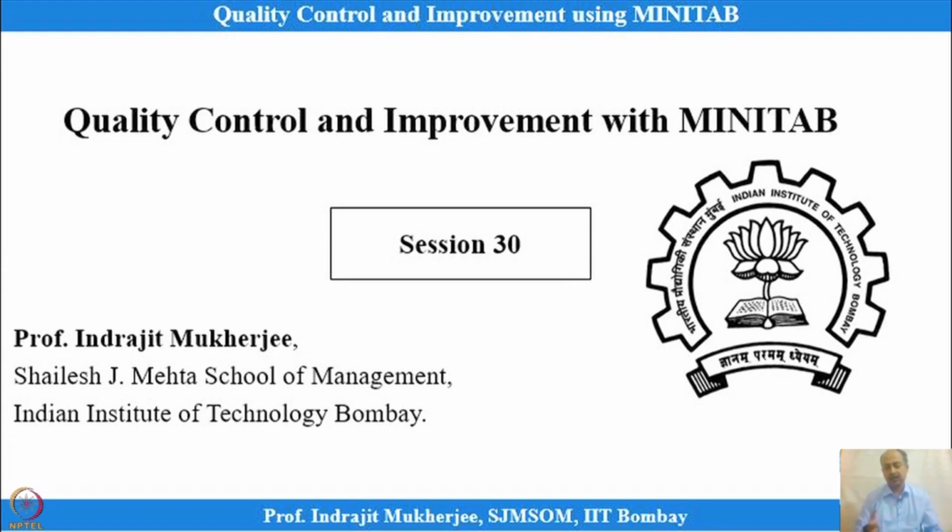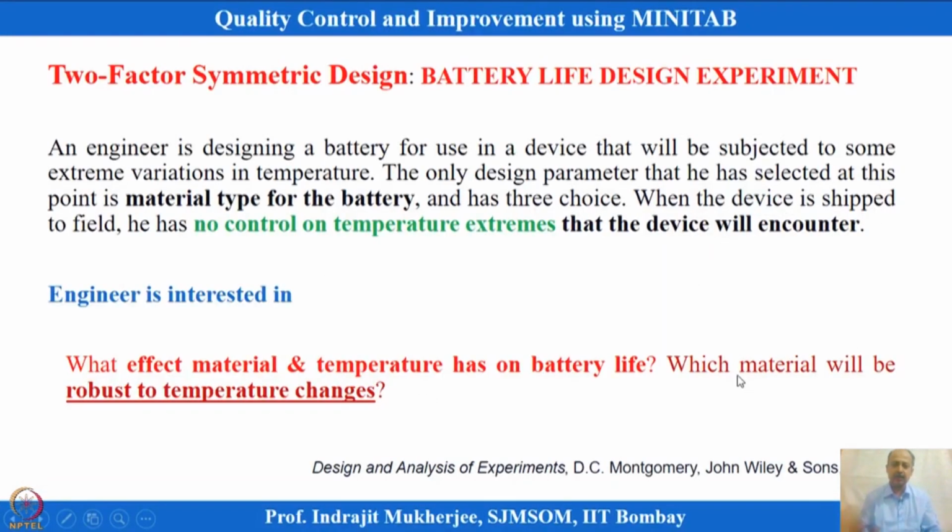So, earlier in the last session what we have seen is that we have taken two categorical factors and we have seen the influence on the CTQs like adhesive strength, and we have seen that the interaction is not so significant. So, we have experimented and we have analyzed the data like this. The same thing we will do for another experimentation, to see what else we can do when there is a continuous variable. So, here in this case, battery life experimentation, this is taken from Douglas Montgomery's books on